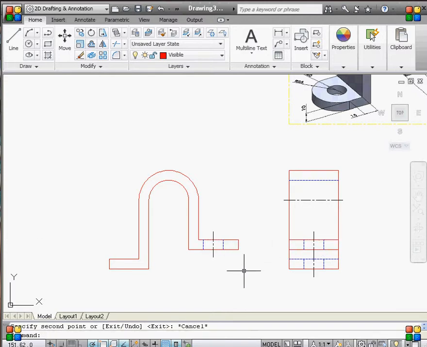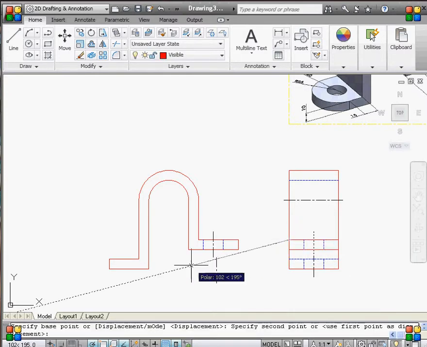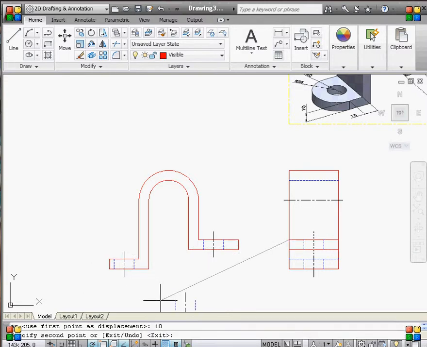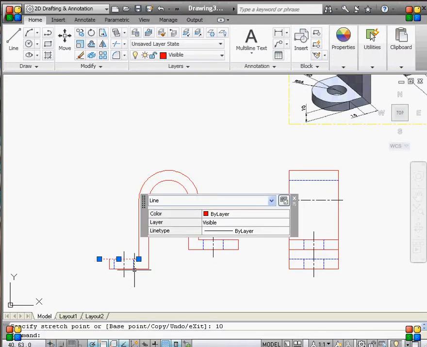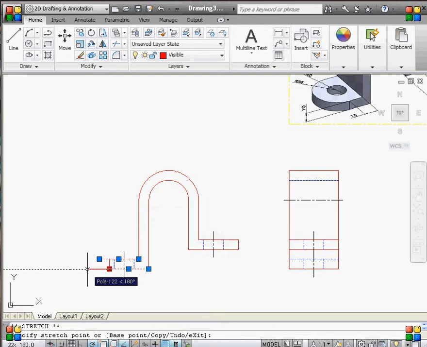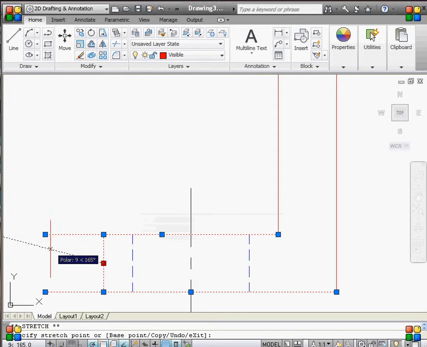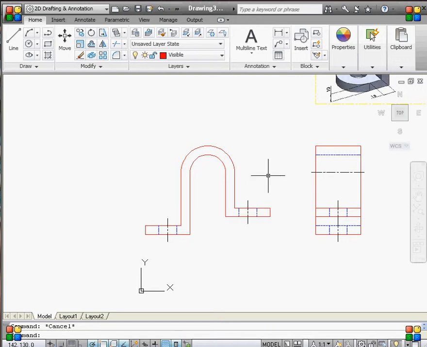That looks better. And we'll copy it again using the other side for a base. And again, this I misread, so it's okay, so that's our hole,